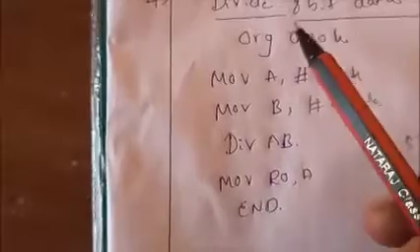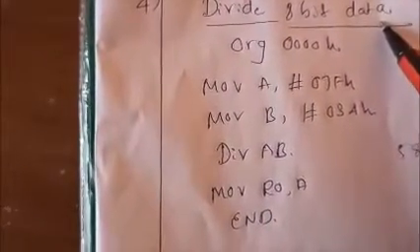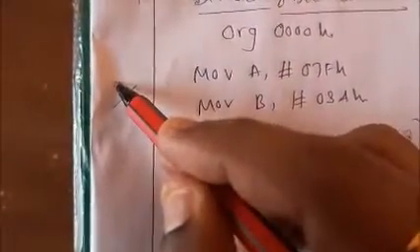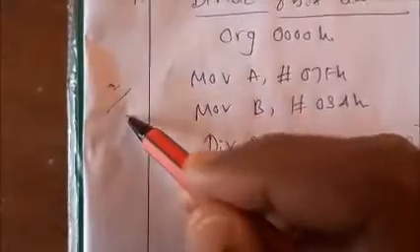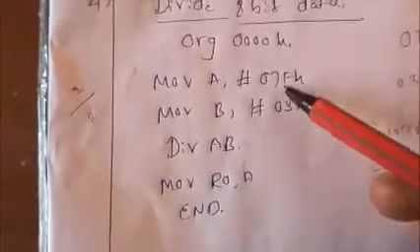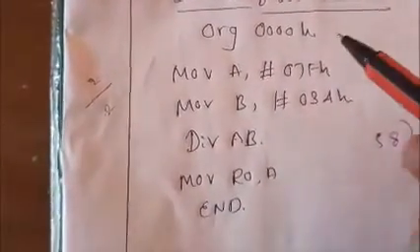So next one is divide 8-bit data. Divide 8-bit data is nothing but, again this is 8-bit. So they already know numerator, denominator. So numerator by denominator. Here also the numerator should be 8-bit data and the denominator also is 8-bit data only. So in that way we need to write the program, because 8051 only deals with 8-bit data. So here also same program.